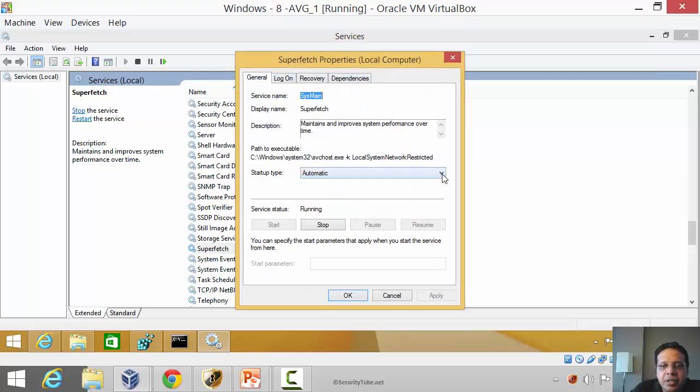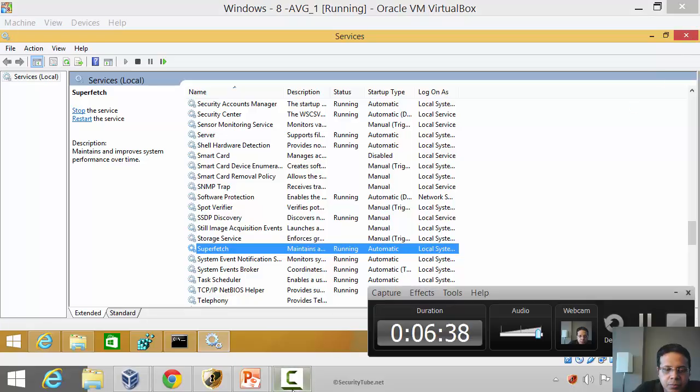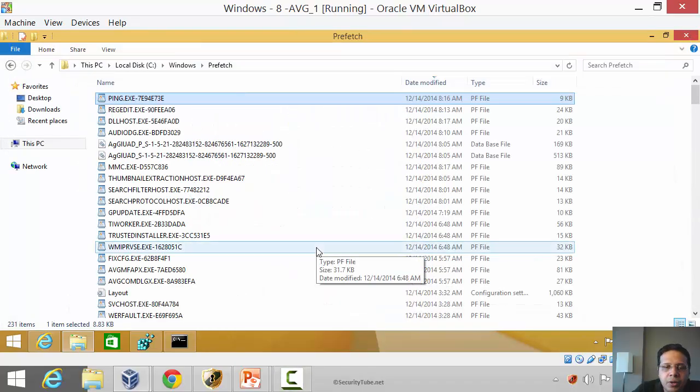And basically, we can go ahead and disable this. We can stop it, right? The service name itself is called sysmain. And this would completely disable the superfetch service. Fantastic. So this is really how we can play with the different registry parameters for prefetch and ensure that it can